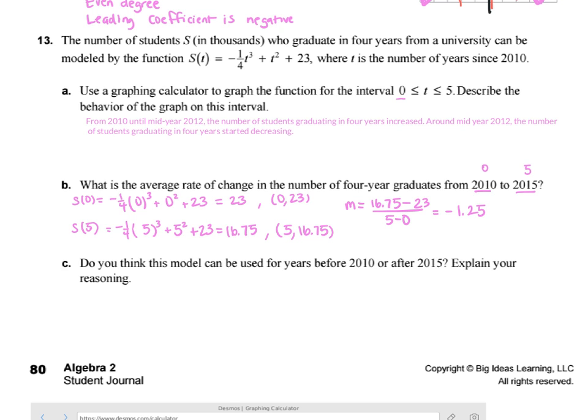And remember that this number is in thousands of students. So what this tells us is that there's approximately 1,250 fewer students graduating